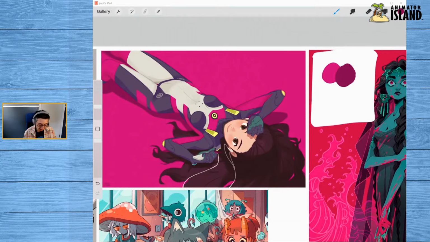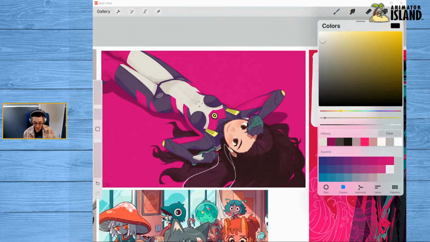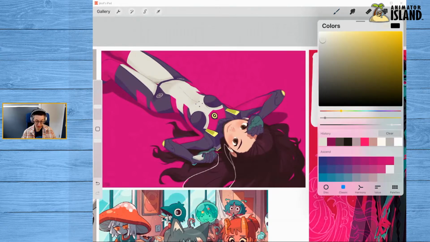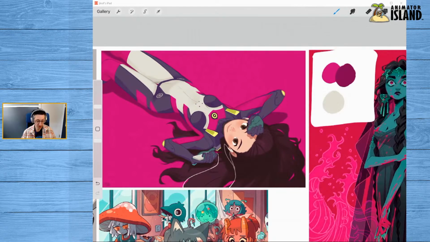The last thing I'll say here is if we look at the color of the quote unquote white of her outfit, it's actually this yellow gray. So again, we talked about this earlier, not using solid white too much, or very subtly if you use it. So that's something to think about. It clearly reads as white on her stomach and the inner part of her legs here, but it's not white. It's this yellowish gray color. We're pretty far off from solid white.